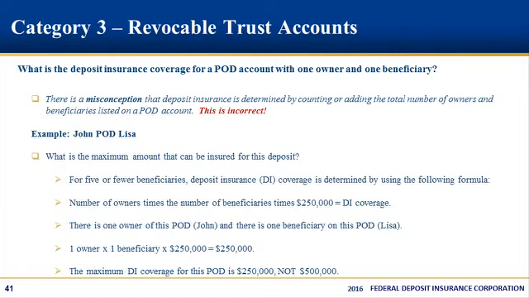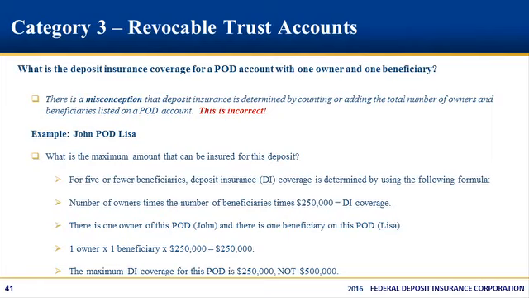Here, applying our formula for 5 or fewer beneficiaries, we will simply multiply the total number of owners times the total number of beneficiaries times $250,000. In performing the calculation, one owner times one beneficiary times $250,000 would give us the result of $250,000 as the